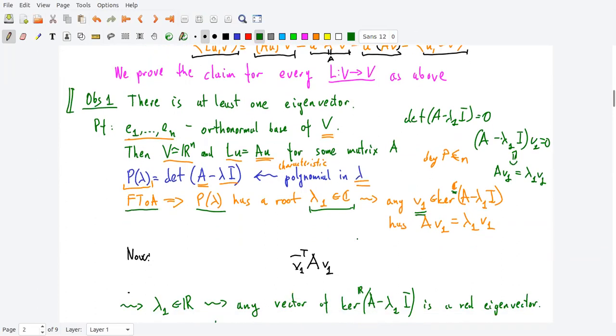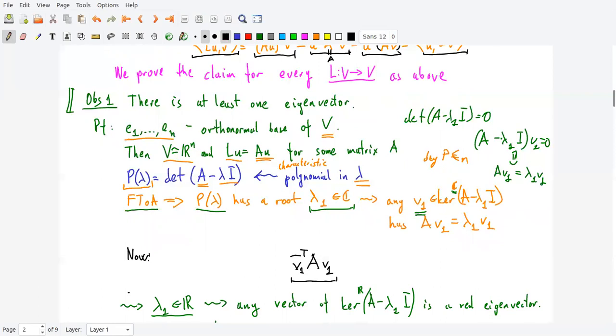However, this is not the case. I will now prove that actually lambda 1 is real. So every eigenvalue of a symmetric matrix, or a matrix corresponding to a symmetric operator, is actually real. And for this, let me look at the following